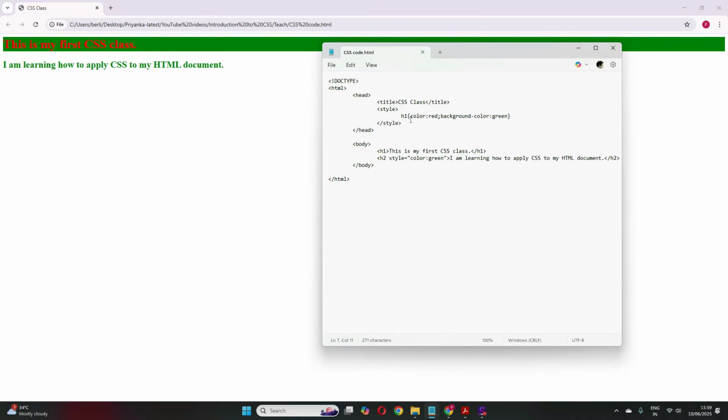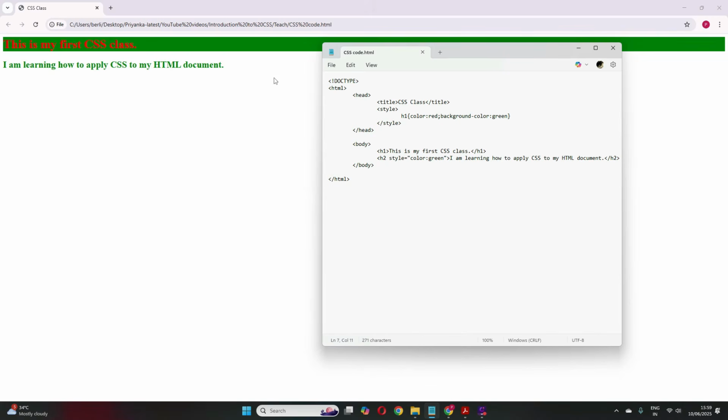Okay, is it clear? So we specify CSS under a style rule, and the style rule will have a selector which is an HTML element, and we have property and value combinations under it. It can have one property and one value, or we can have more than one also. Like here we have two. One is color, which is the text color, another is the background color.